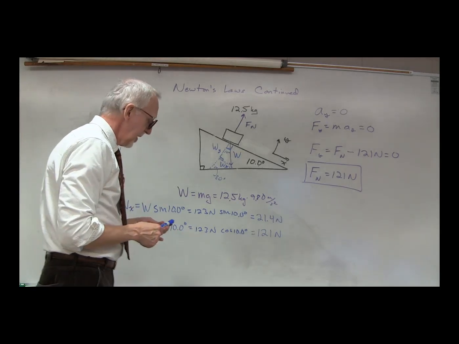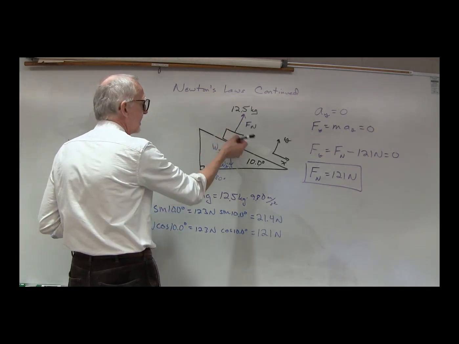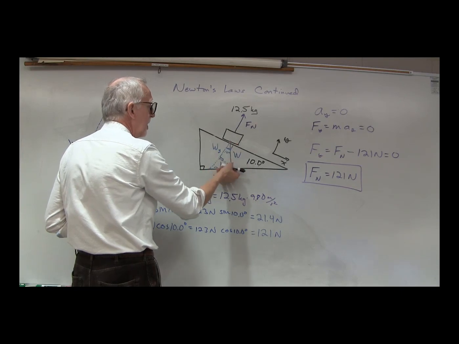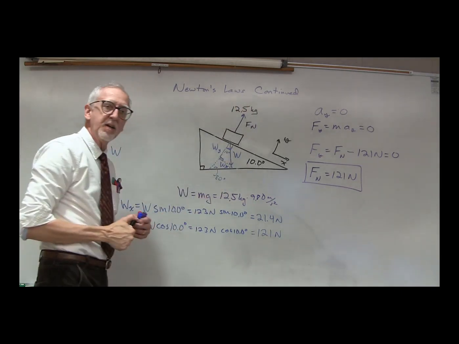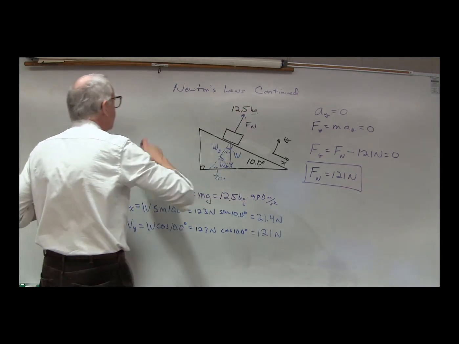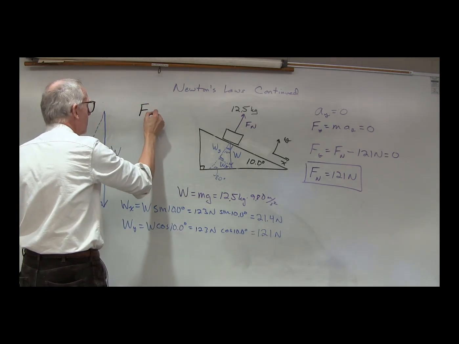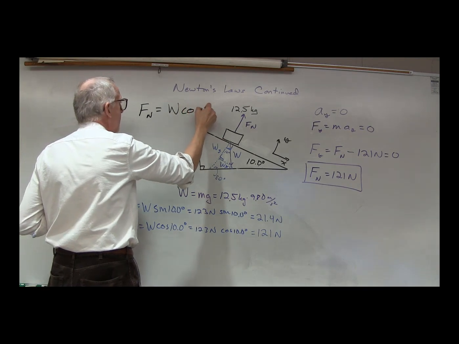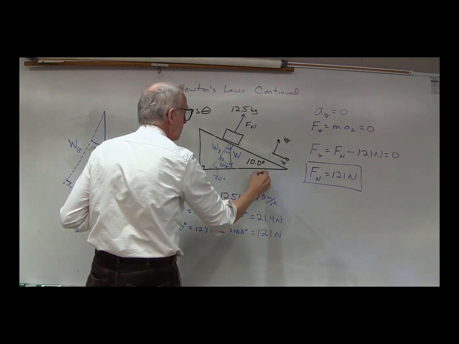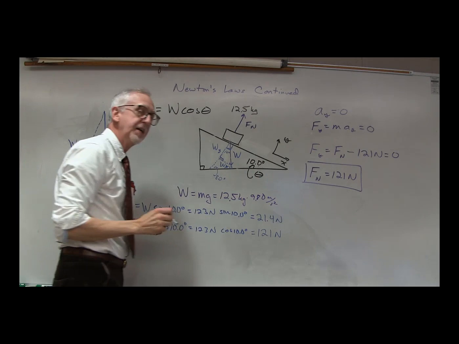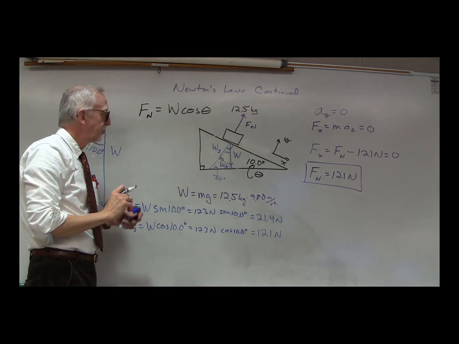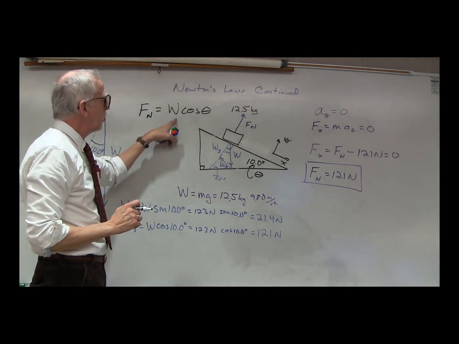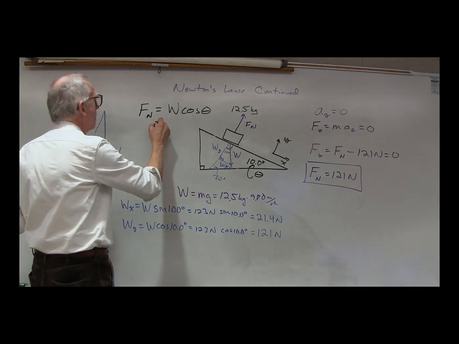And that is, any time that you have an object sitting on an incline, as long as there's nothing else pushing on it in the y direction, what we will find is that the normal force will be equal to the weight times the cosine of the incline angle. So whatever this incline is, measured from the horizontal, the normal force will be the weight times cosine theta, or